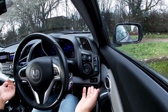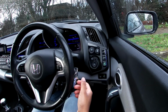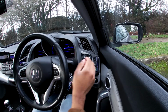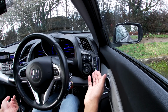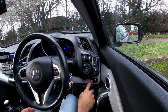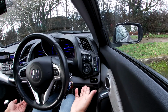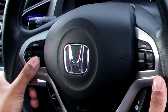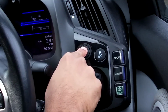So yeah, it's got all these weird gizmos like parking sensors here, which is really helpful because the rear visibility is pretty bad. We've got sport mode, which turns red, normal, which makes that blue, econ, which makes everything economical. I put it in normal because it's normal. We've got this kilometers per hour to miles per hour thing, which does not work, but that's okay because who uses kilometers per hour? Only weird people. There are quite a few buttons on the steering wheel, like volume up, channel up, cancel, cruise control, everything like that. Headlight sprayers, which are here. If you press it,